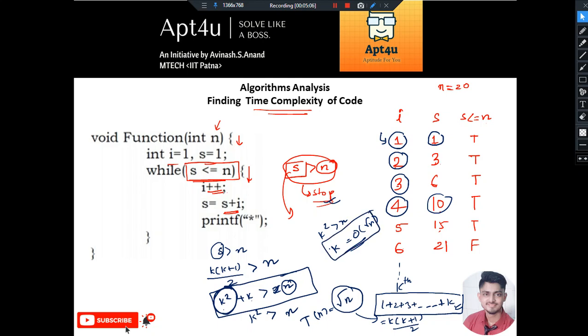And what is k? K means the number of times the loop has got executed before it stopped. We already discussed that the time complexity of the code will depend upon the number of times the loop gets executed before it stops. So how many times did the loop get executed? Obviously k times, because in the kth iteration the loop terminated. And what was the order of k? Root n. So the time complexity is order of root n for this code, because we found that k is order of root n, and k itself is the number of iterations before stopping, right?